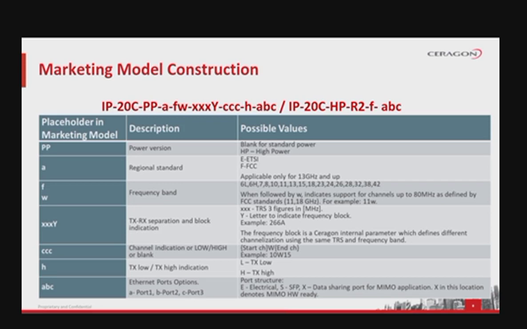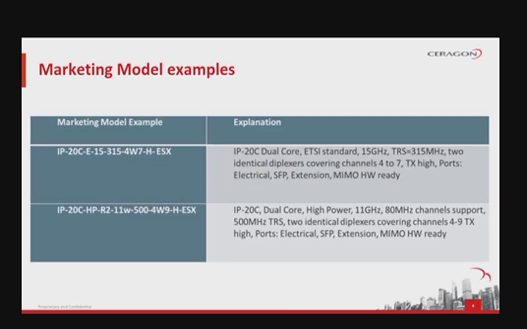ESX would have meant electrical, SFP and MIMO ready. Here are two examples of marketing model names. First example reveals an ip-20c dual-core, ETSI standard, 15 GHz, TX to RX separation of 315 MHz, two identical duplexers covering channels 4 to 7, TX higher and the ports are electrical, SFP and extension port, which means MIMO hardware